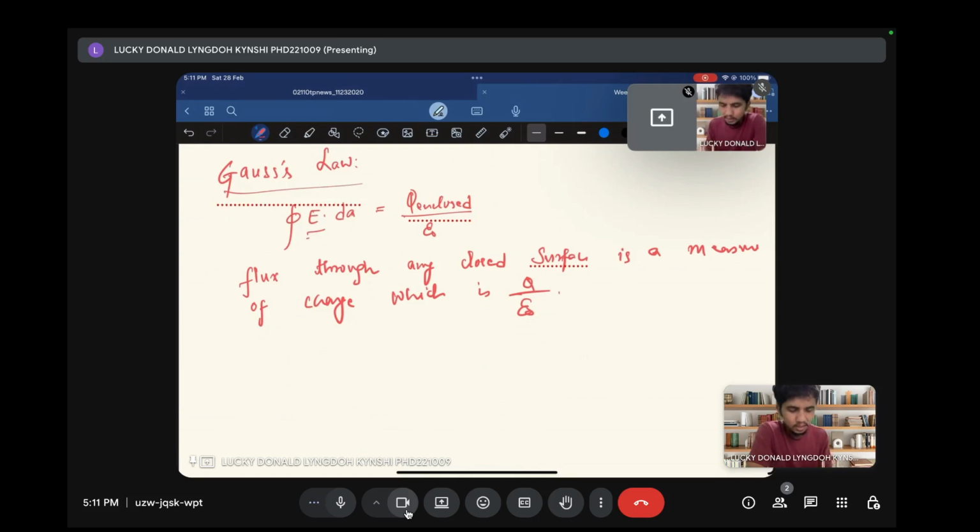And this is the integral form. If you want to write it in differential form, then what happens? You can convert E dot dA, you can convert to